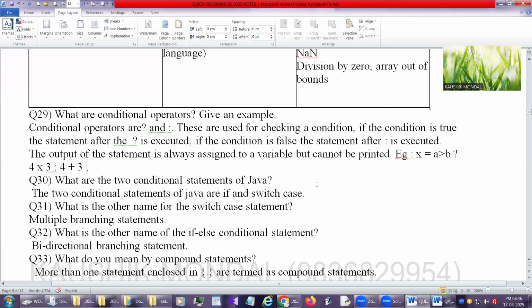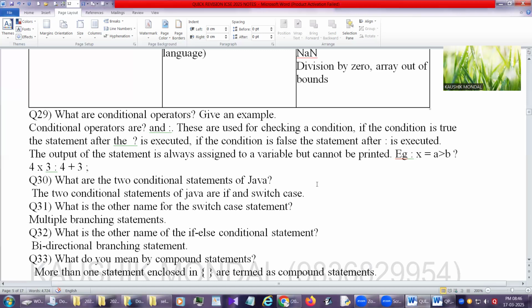Suppose in if, else if, we give 10 conditions, if condition number 5 is true, then what happens? The other parts will not be checked. But in the case of if, that means if ladder, if condition number 2 is satisfied, then it will still go on to check the rest of the conditions.